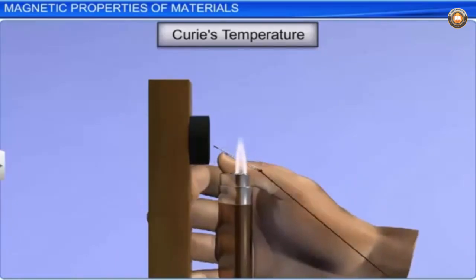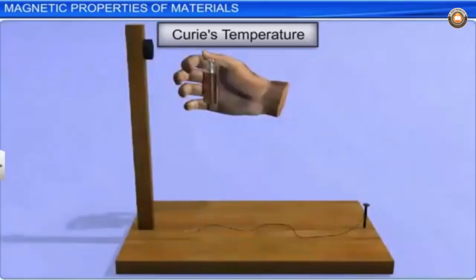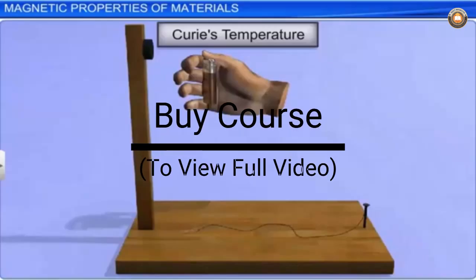That is, at that temperature, the clip transforms from being ferromagnetic to paramagnetic. This transition temperature is known as Curie's temperature. In other words,